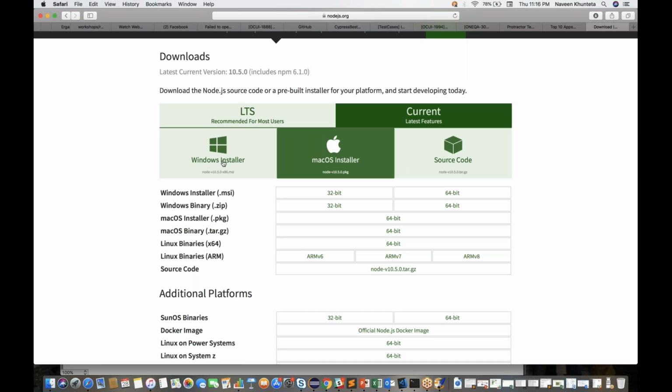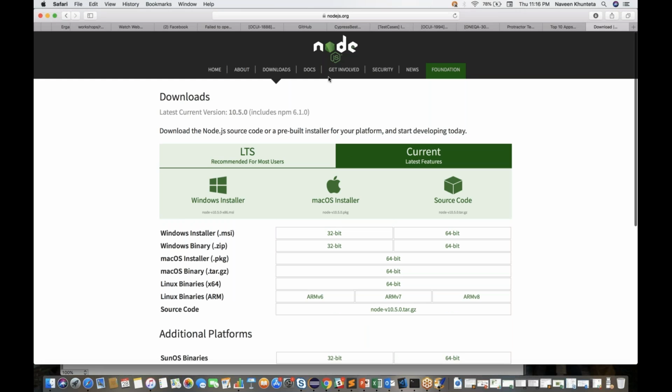Either it is Windows or Mac, you just need to install it. This is a .msi file or .pkg file, and then you just need to install and restart your laptop. That's it. Okay, so this is how we download Node.js, which is a kind of another technology. It's a kind of server where all the JavaScript and npm applications run on, right? So after that, what we have to do